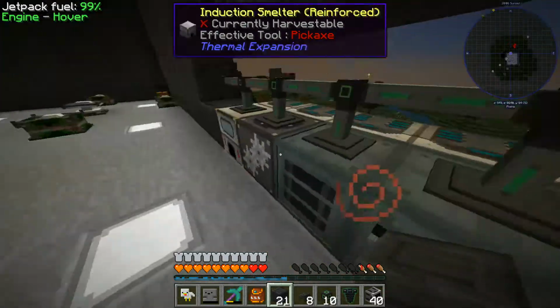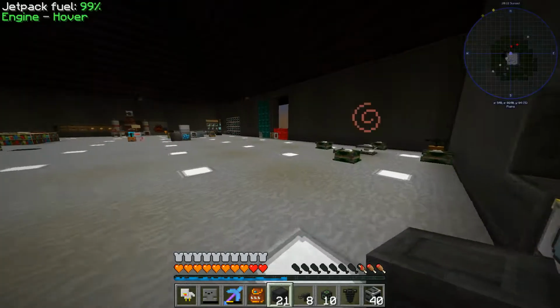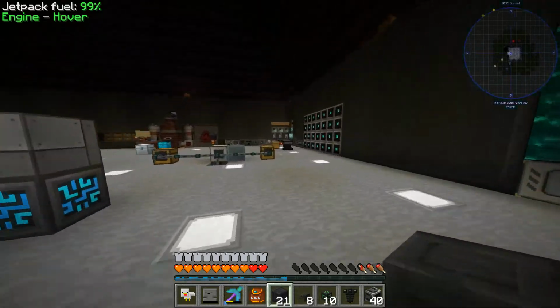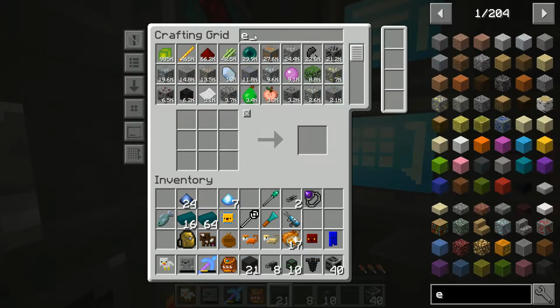So let's put these behind here. So what have we got? We've got the lead and the platinum. There we go, cool. And then because we've got this connected to a storage, we should effectively be able to do this. So Enderium,